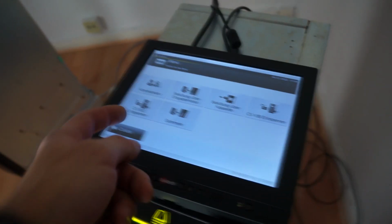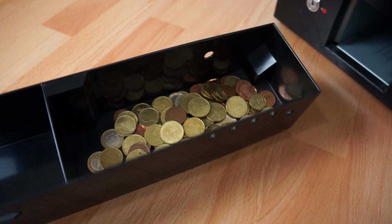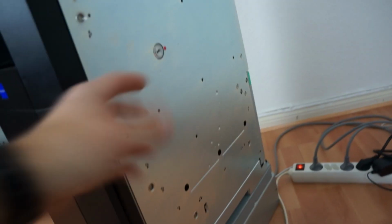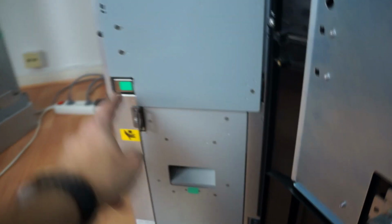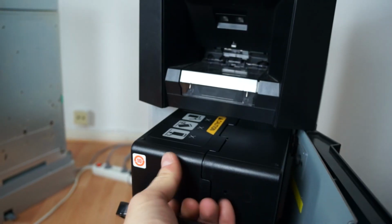And what we can do now is unlock again the coin drawer. And we see that all the money is pushed out and the system itself is empty. We cannot see it right now. I will open it in a moment. And the same we can do for the bill contraption again. So like pushing here again, pulling it out,